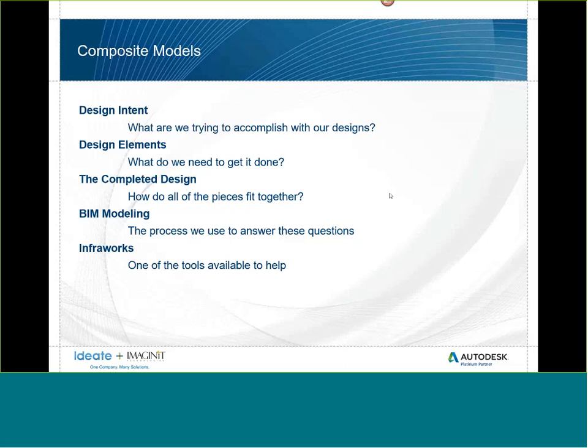of these issues or any issues that might come up so that we can resolve them before it causes a delay in construction, before it causes a change order to our designs and before it causes increase or overruns in cost. And Infraworks is now also one of those tools that we're introducing as an option to use for how we